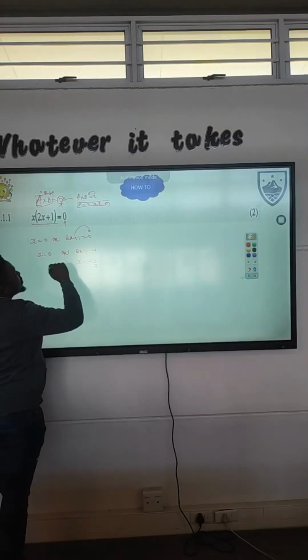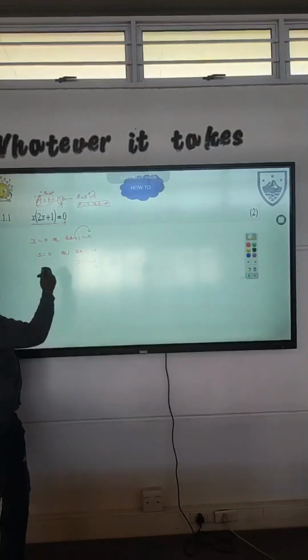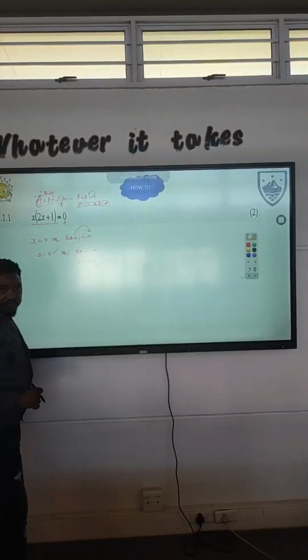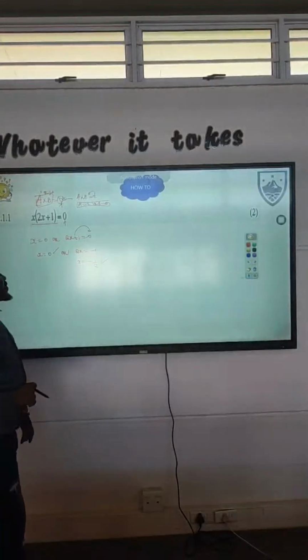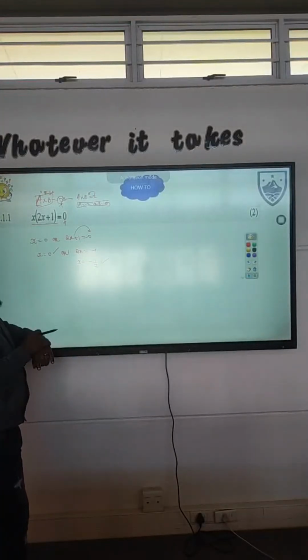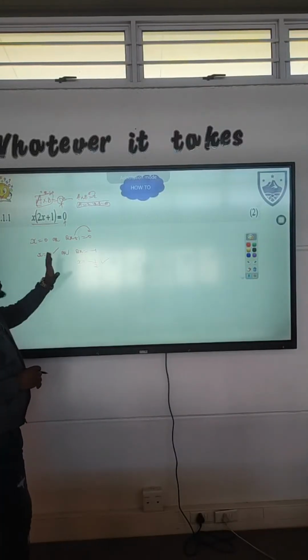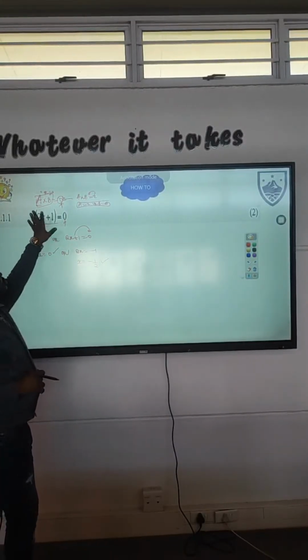1 over 2. In most instances it's just 2 marks, because the skill they are expected to know is from the previous grade. Grade 12 will just be given 2 marks. I think even the grade 11s will just be given 2 marks. So what I wanted you guys to guard against is to say,